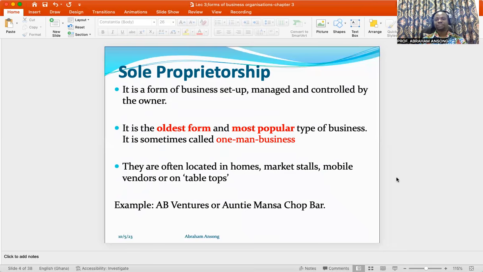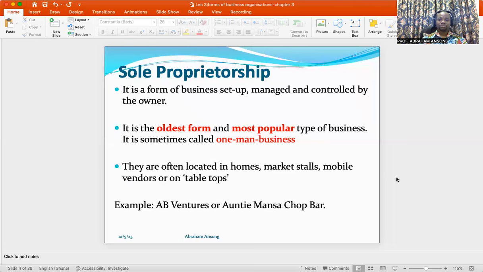So with sole proprietorship, as you just read, it is this type of business where you just have one person being the owner. He creates the business, he takes major decisions, he or she manages the business for its day-to-day activities. All the major decisions are normally undertaken by the owner of the business. It's coming from the word sole, meaning that one or single person owns the type of business.